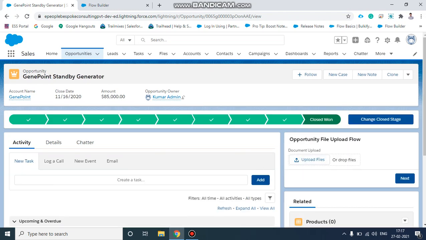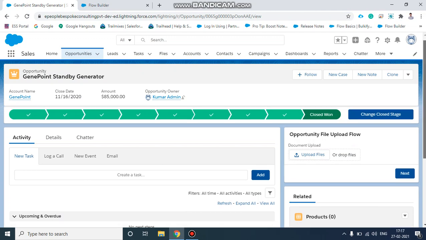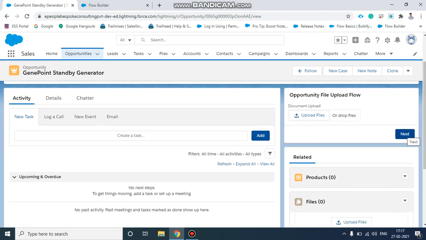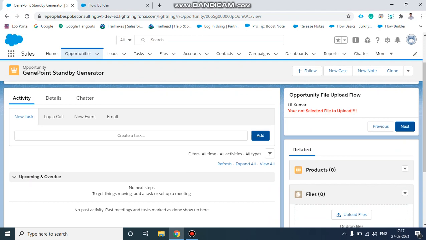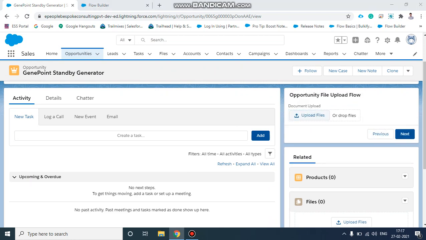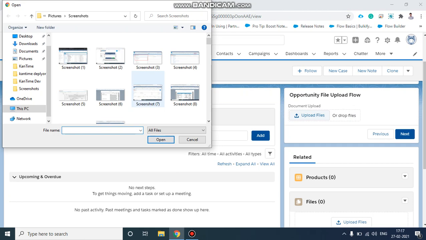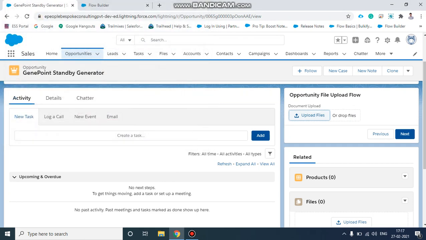Here first I will not select the file. Then I will click next. Hi Kumar, you have not selected the file to upload. Okay, then I will click next. So now I will select the file. I will select any one of the images.